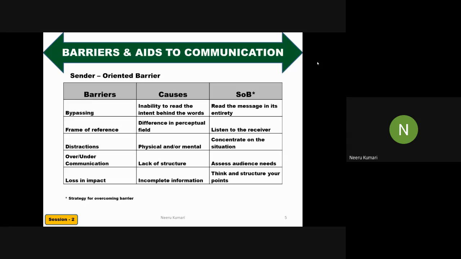Say, for example, when your father says, "Are the classes going on?" Your answer is monosyllabic. You'll just say, हाँ, चल रहा है, हाँ चल रहा है, हो रहा है. This is the way you people answer, which again disconnects you from the audience. If this gets converted into statements like, "Yes, my classes are going on, it is scheduled from so and so time to so and so time, and I'm enjoying my class,"